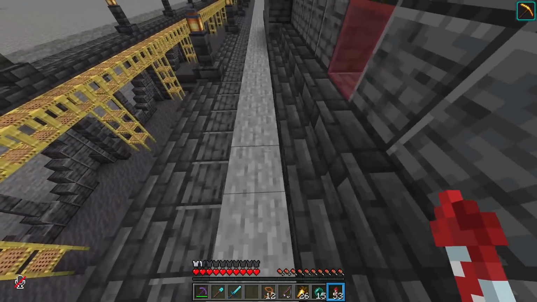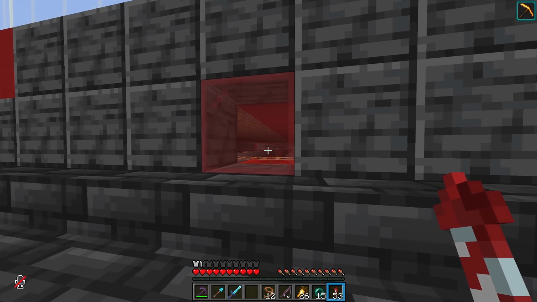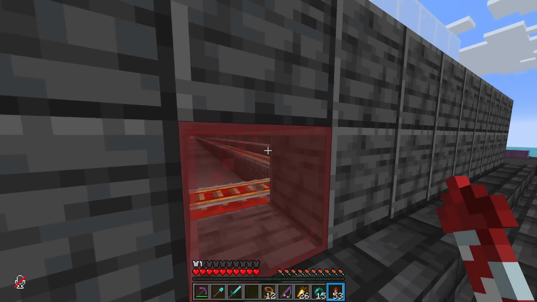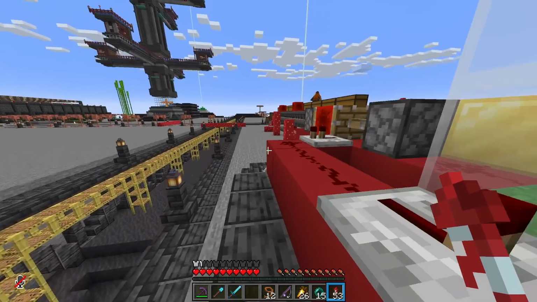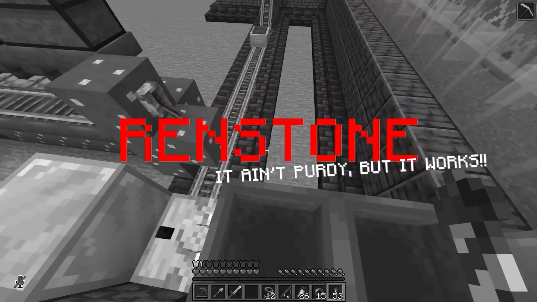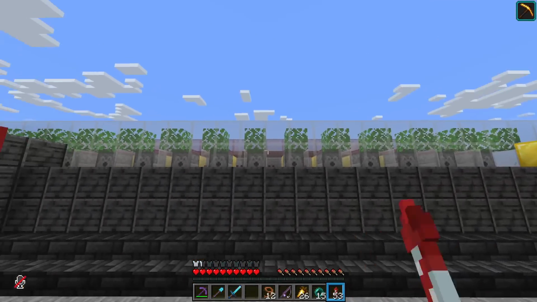And then, of course, down below, underneath, we have got a hopper minecart collection system. And we've got a minecart down here, which should be running back and forth. Doesn't seem to be running back and forth. Something is broken. Yes, it's Redstone, people. It ain't purty, okay? But it works. Oh, there it is. Yeah, so this hopper is going to go pick up all of the wool that gets